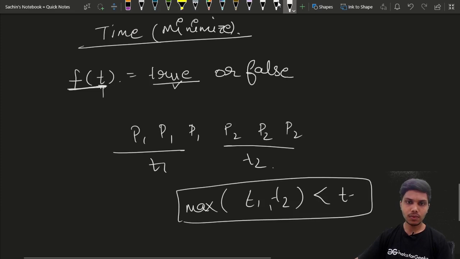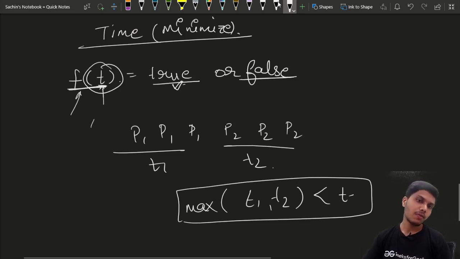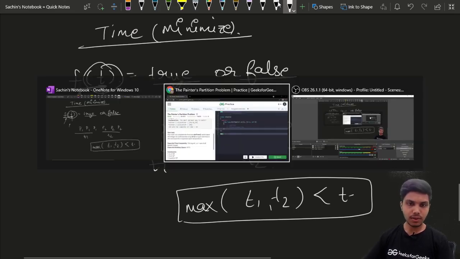If it is not possible to paint the whole board in t units of time, then it will return false. So this function assigns painters, and if the time needed to paint the whole board is less than t, it returns true, else it returns false. Okay, so let's see one example.